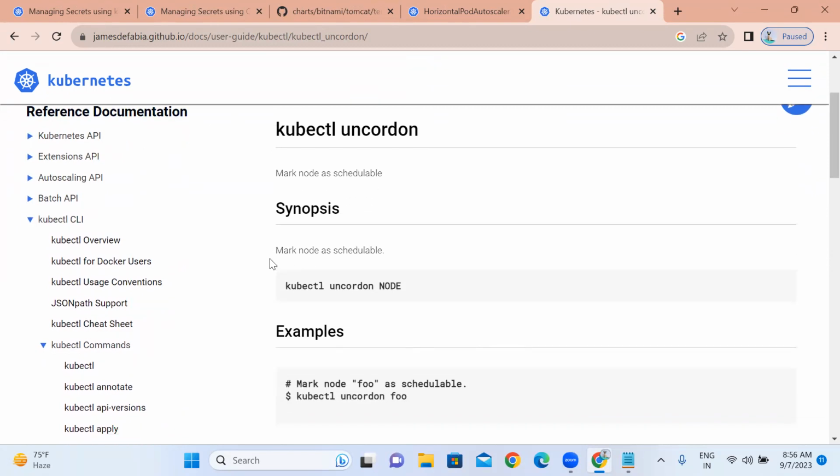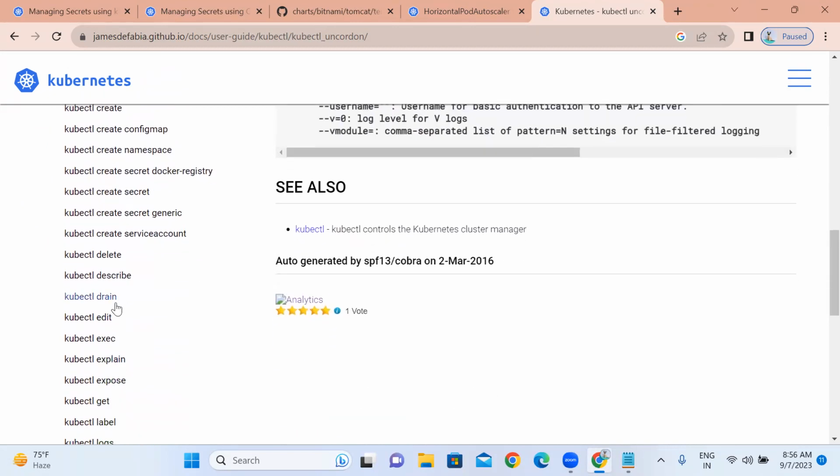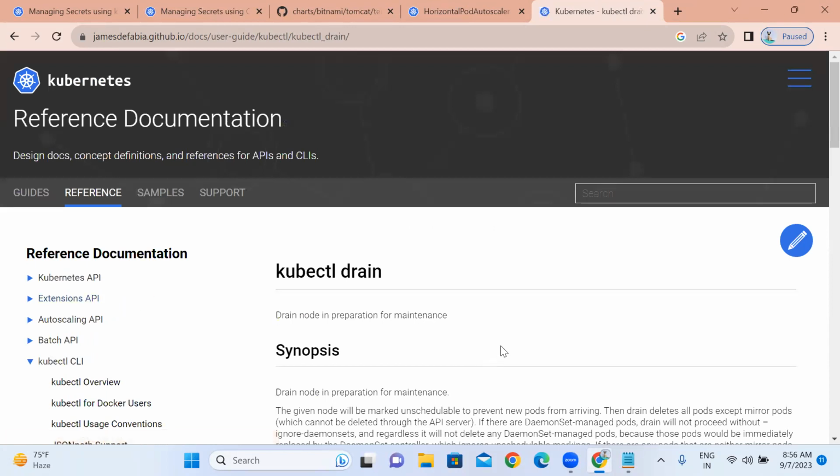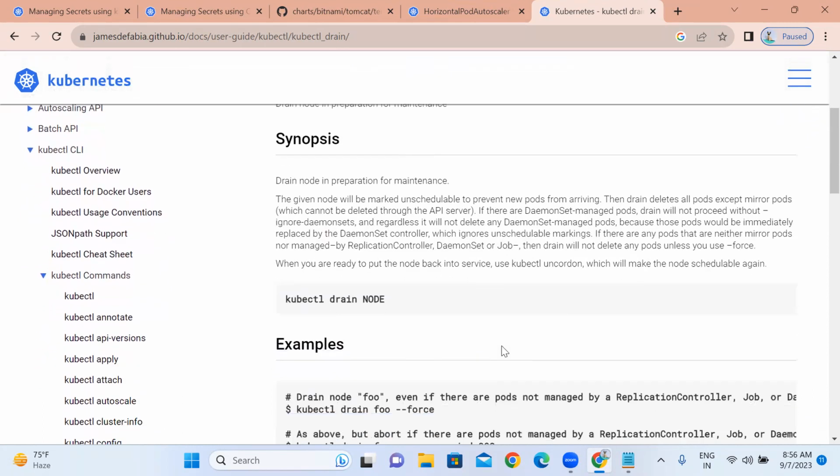So all the kubectl commands, just go through them once. Okay, we have drain and uncordon. What drain will do is, say suppose assume we have a road, if it is under repair, they'll keep it under maintenance. Then we can't go to that road. In the same way, one node has a maintenance activity. That means I don't want to run any of the workloads there. Then before doing the maintenance activity, what we need to do is